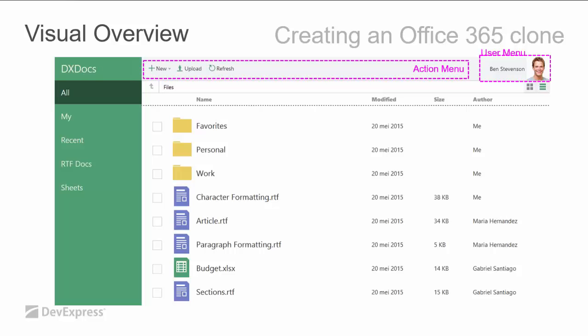On the top right side, we have the user menu, which shows us who we are, and it gives us the possibility to sign out of the application. On the left side, we have a filter menu, and the filter menu does something very interesting, which I will point out in a second,